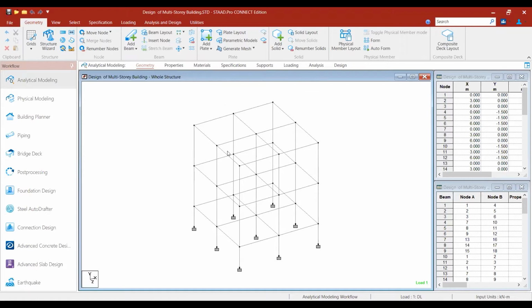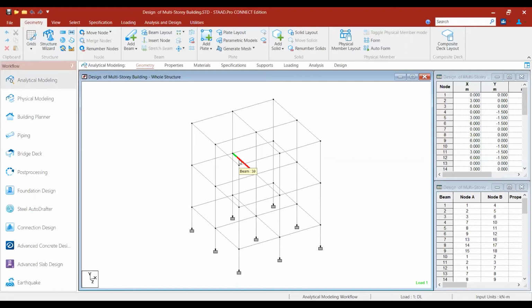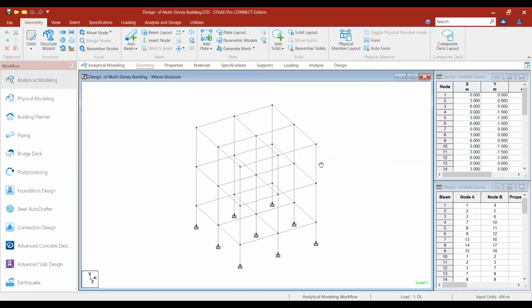Dead load, live load, everything is given. So we will continue the same structure for the design of multi-story building.